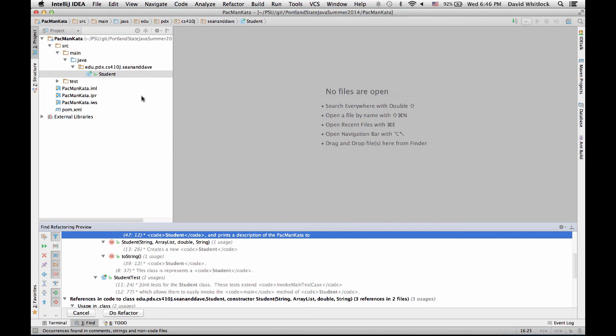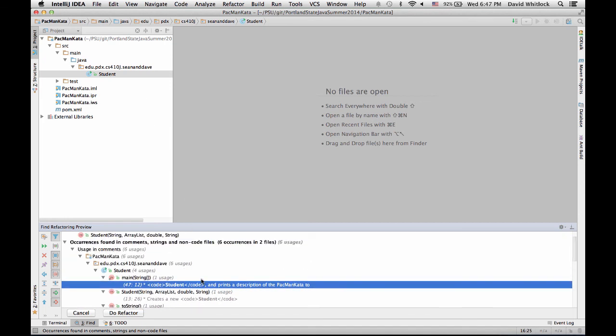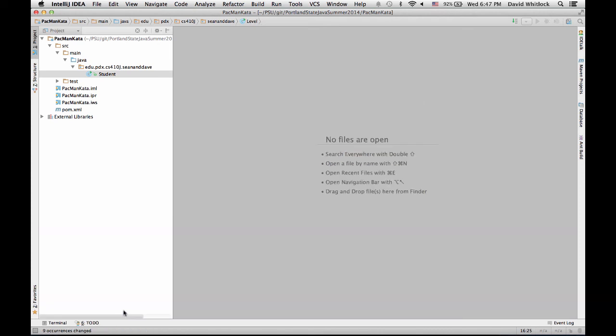I don't think it went through quite yet. It's probably complaining about a whole bunch of stuff. I think it's a bunch of comments that we won't need. Yeah, that looks like it's all in comments. So did it fail? Nope, it hasn't done it yet. It's saying it won't do it quite perfectly. Right, so just click Do Refactor, and it'll go ahead and change a bunch of stuff that we'll probably end up deleting anyway.